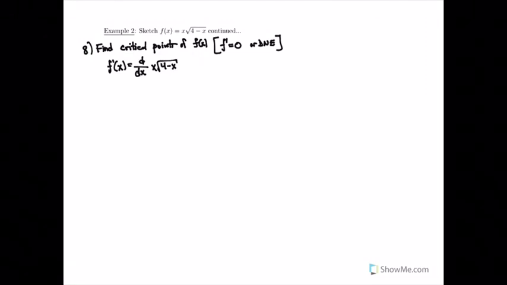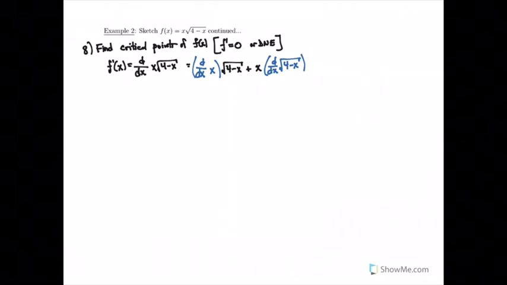And here I need the product rule. So this is going to be equal to the derivative of the first function, x, times the second function, square root of 4 minus x, plus the first function times the derivative of the second function, derivative of 4 minus x,